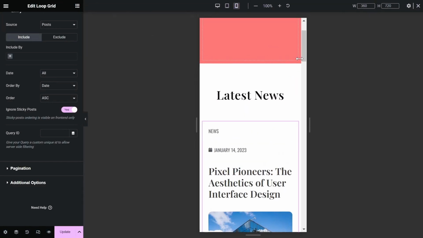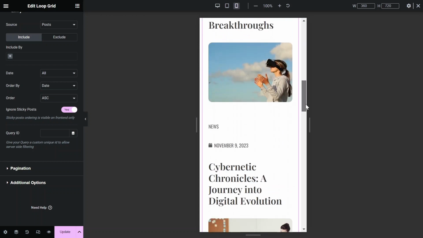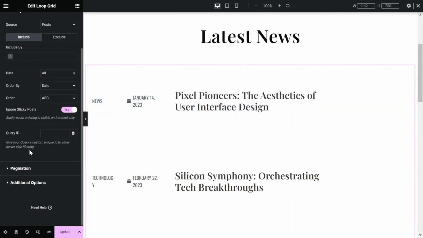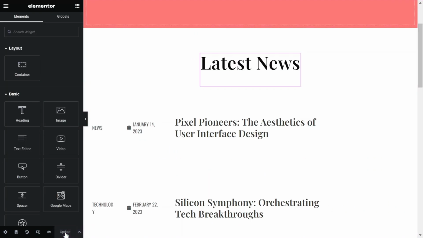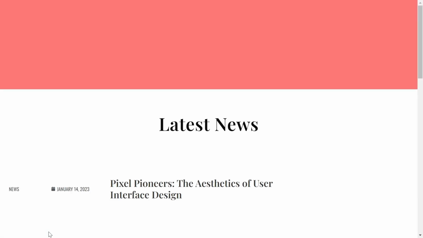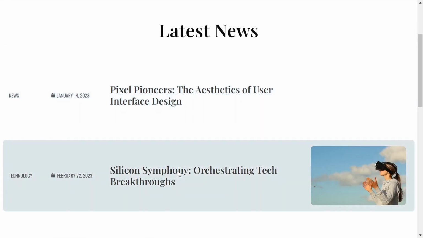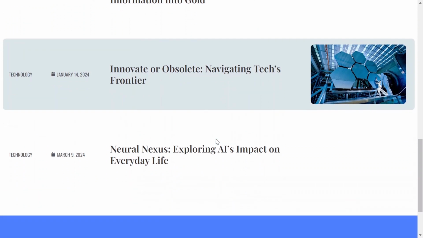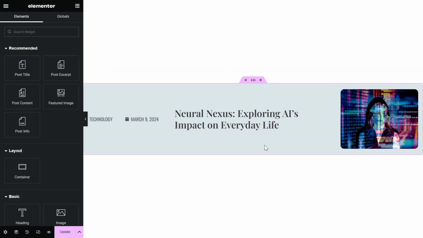Also check how it looks on mobile screens. Let's update the page and check it from the front end. It looks great. One more thing, if you want the whole container to be clickable, then click on Main Container